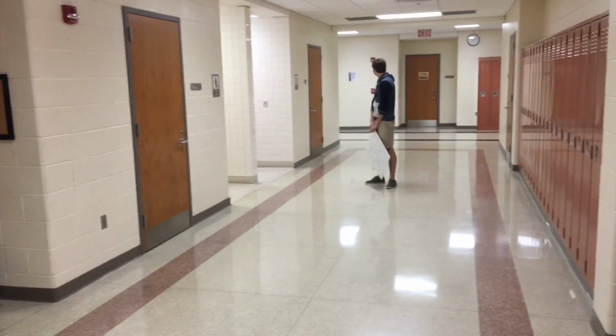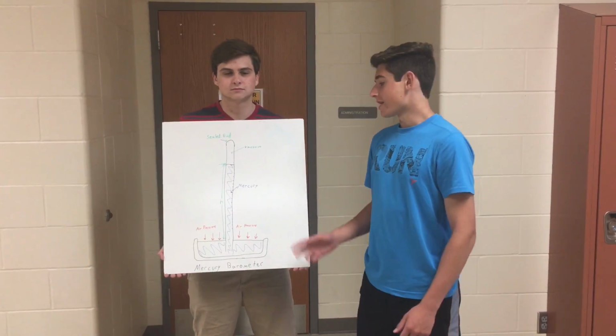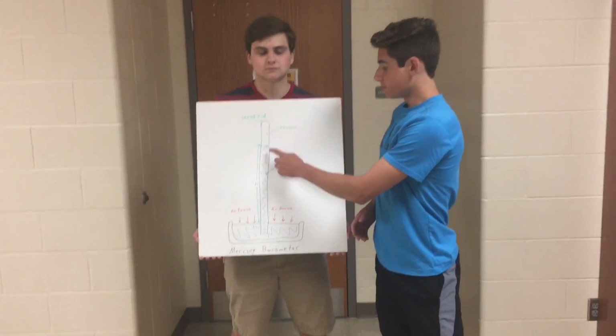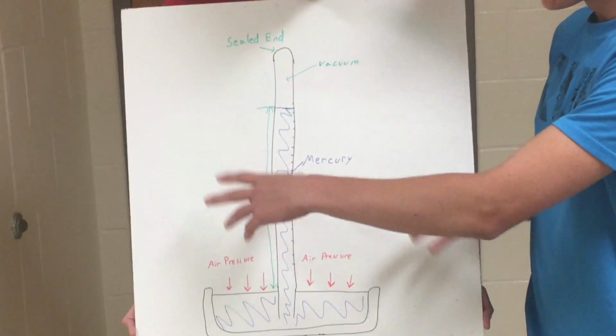what class is that? This is a mercury barometer. You use it to measure the atmospheric pressure. The blue stuff in here is mercury, and the air pressure in the